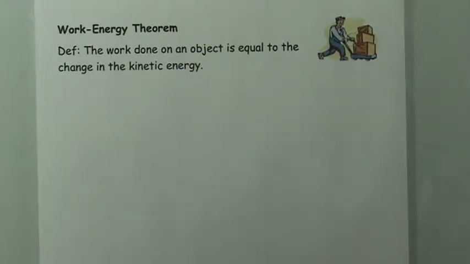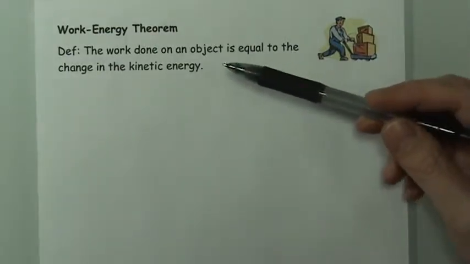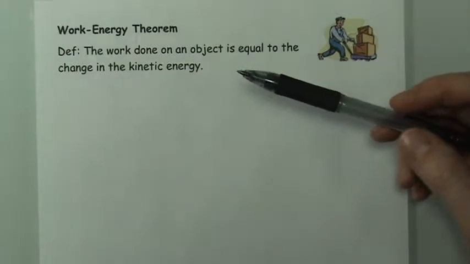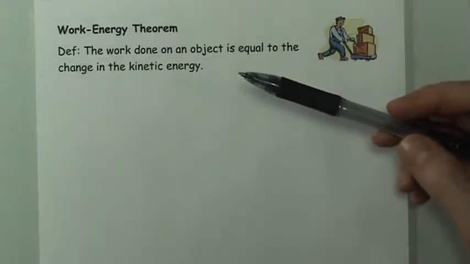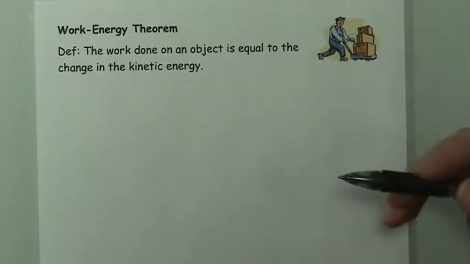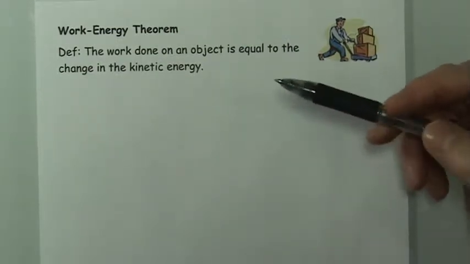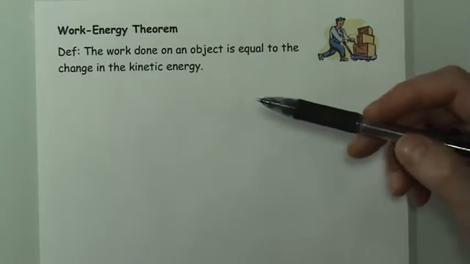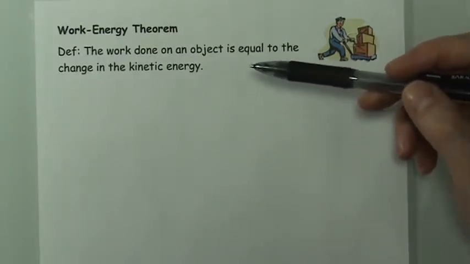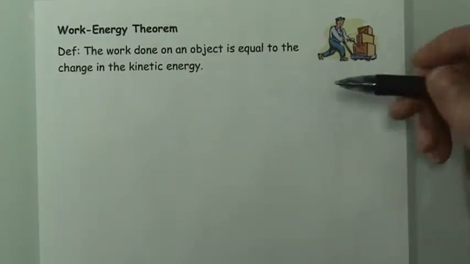In this video, we're going to examine an aspect of the law of conservation of energy called the Work-Energy Theorem. Essentially, this is an aspect of conservation of energy that focuses on mechanical energy and the relationship between them and the transformations between work and kinetic energy. So the Work-Energy Theorem is simply defined as the work done on an object being equal to its change in